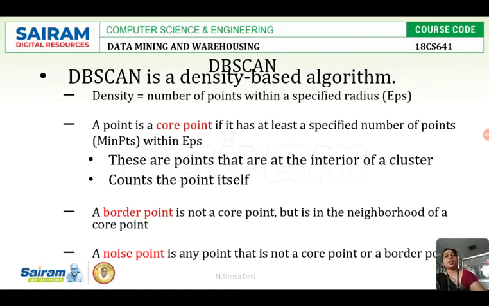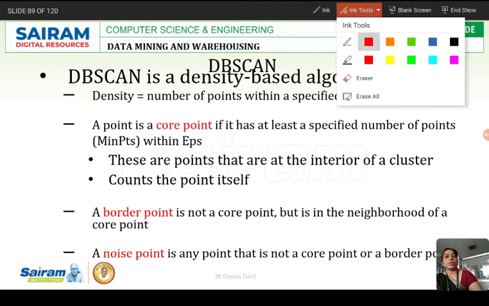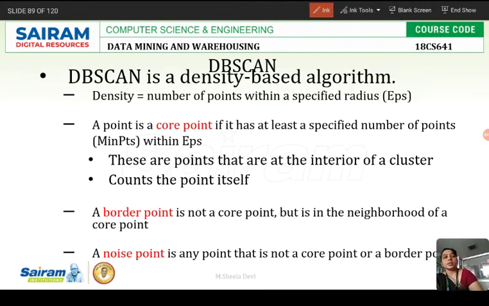See, this is a point called P1. When will my P1 be called a core point? Epsilon, the radius, is 6 centimeter, and the minimum points is specified as 3, we will assume. I am drawing a circle.